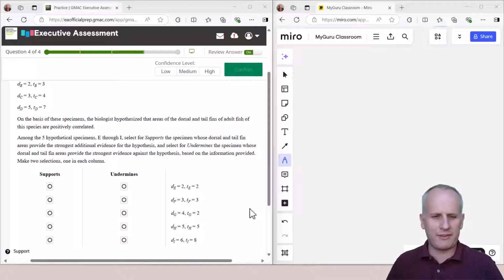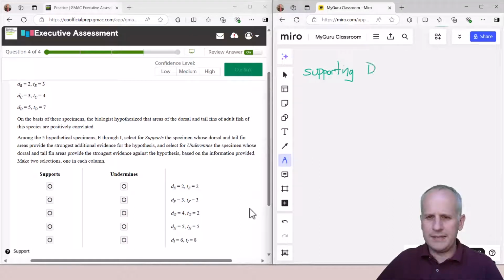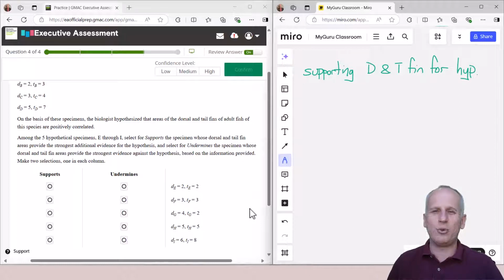So we read the paragraph at the end and it says, among the five hypothetical specimens E through I, select for supports the specimen whose dorsal and tail fin areas provide the strongest additional evidence for the hypothesis. So we're looking for the supporting D and T fin for whatever the hypothesis is. And I have no idea what that is just yet, but I probably recognize that this is a critical reasoning verbal style structure wherein we're being asked to find something that is strengthening whatever the argument's conclusion,